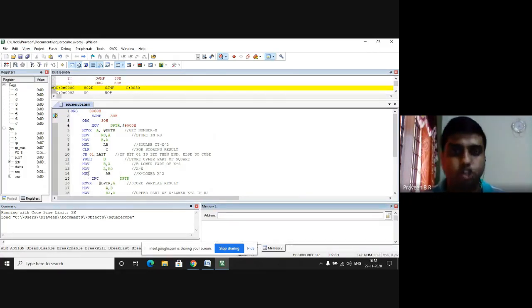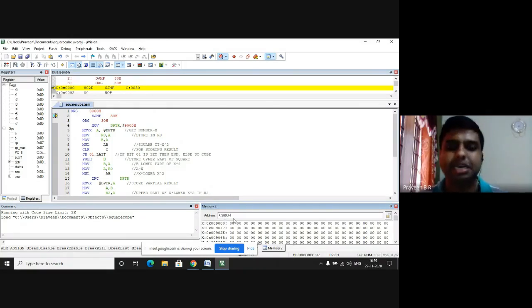I am going to choose external memory location. So I type in the address bar X and colon. I want to input my hexadecimal number in 9000H memory location. So I type 9000H and I press enter.